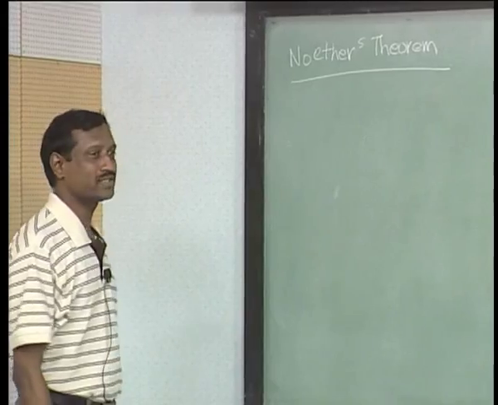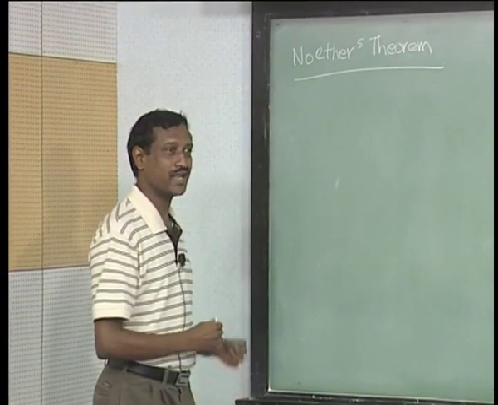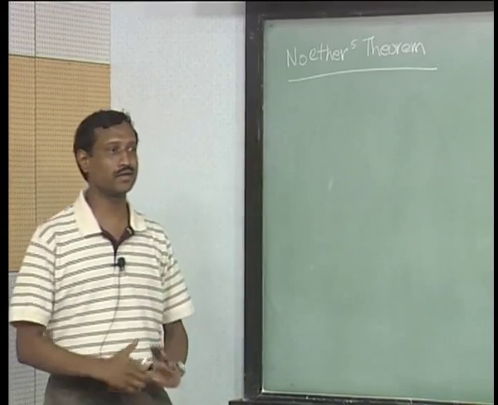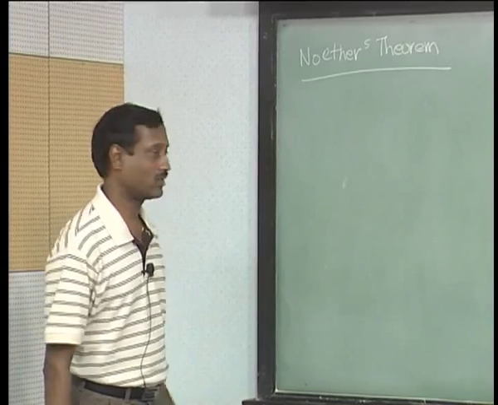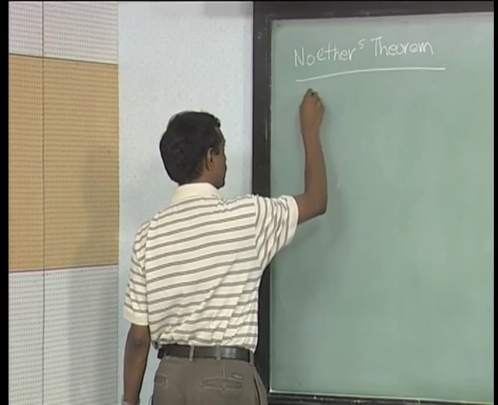So, we know the statement, we have heard it ad nauseam many times in this course. So, I will not state it. The idea is that if you have a continuous symmetry, we should get a bunch of conserved currents depending on how many symmetries there are. Okay. So, the statement of a symmetry is that